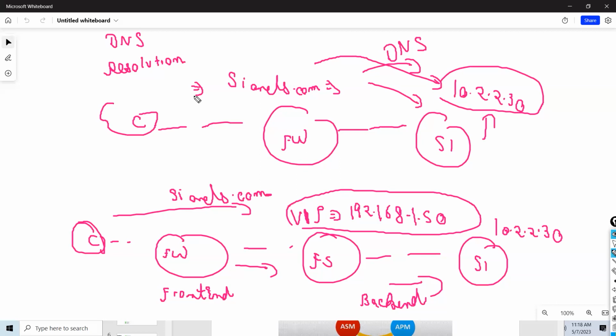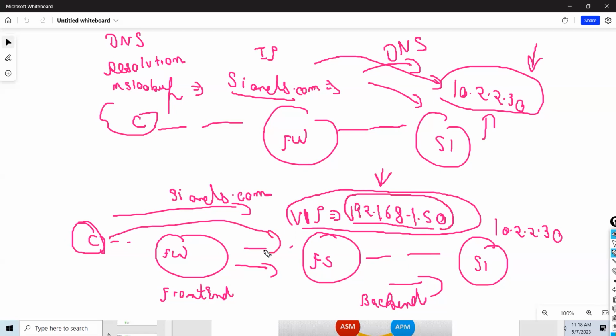In every network troubleshooting, guys, if someone says my application is not working fine, you should do an nslookup of cianets.com and check what the IP is. If it is coming to the old one, then it is wrong because we have F5. It should point to this IP. So you should ask your DNS team, hey DNS team, my application IP is this one. Can you change it so that client traffic comes to F5 rather than going to the server? So first in every troubleshooting, guys, DNS resolution should happen fine. If DNS resolution is not happening properly, then it will not work.